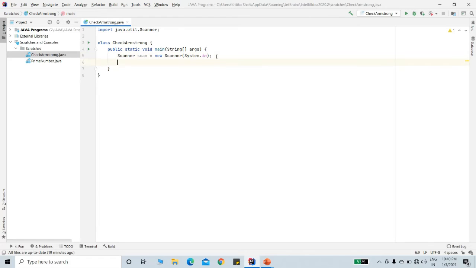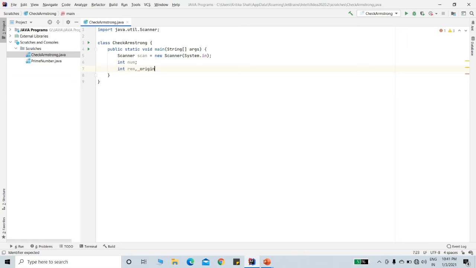Now let's create the desired variables we will be requiring in our code. So first is int num. This will be the number that we will check for if it is an Armstrong or not. Next is rem, that is the remainder. This will signify the individual digits of that number.